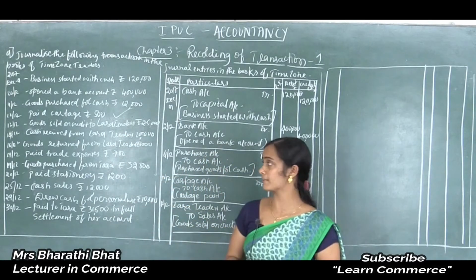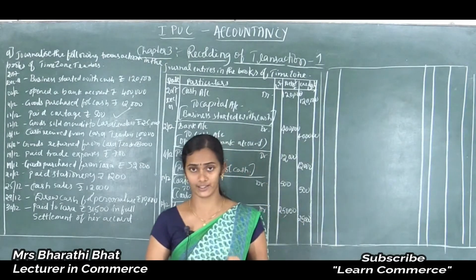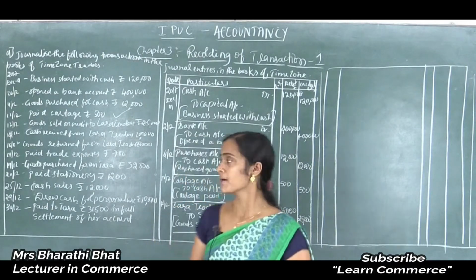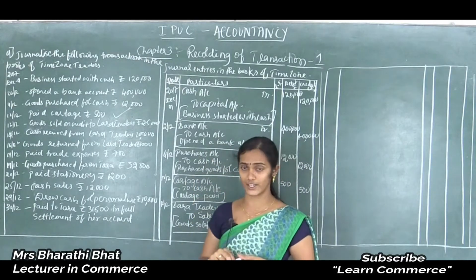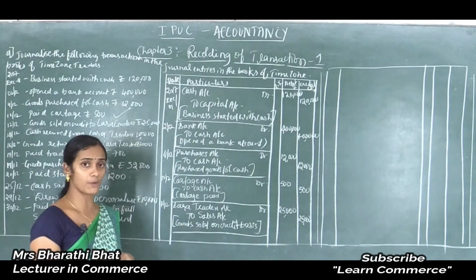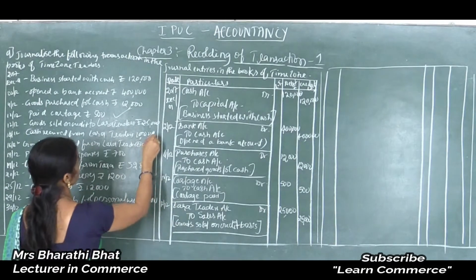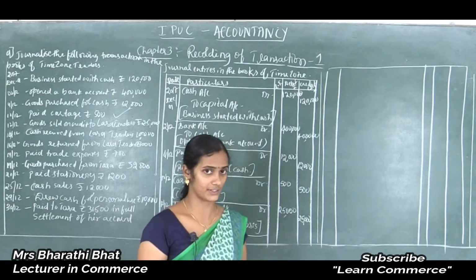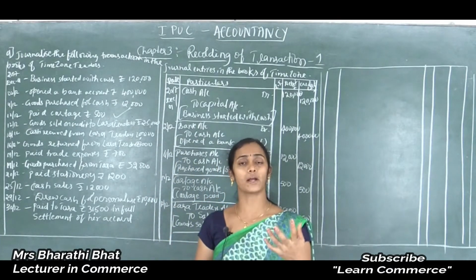cash received from Lara Traders rupees 10,000. Actually, we sold goods to Lara Traders worth rupees 25,000. But a few days later, Lara Traders paid cash of rupees 10,000. But here we cannot consider the remaining amount as discount received or discount allowed, because the sentence is not continued like in full settlement of his or her account. Clear, right? We are just receiving some amount worth rupees 10,000 from Lara Traders.